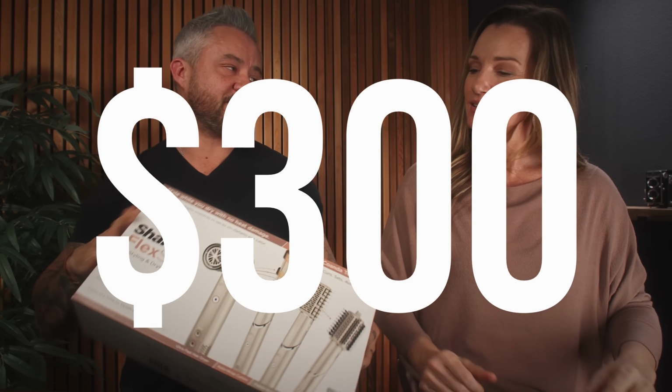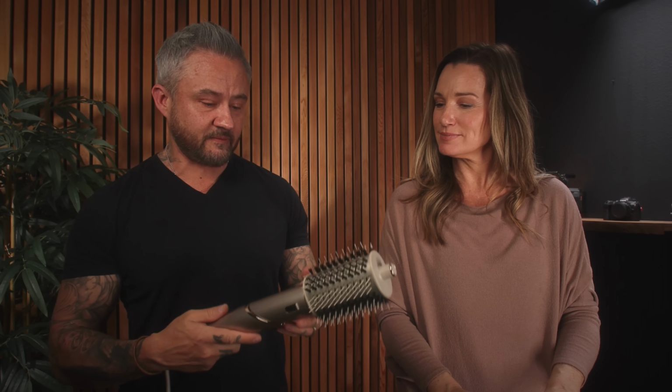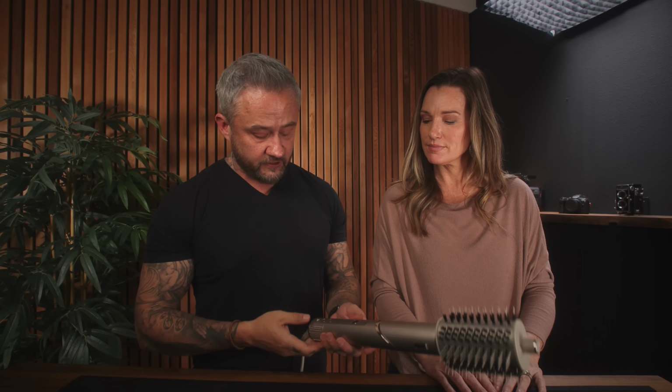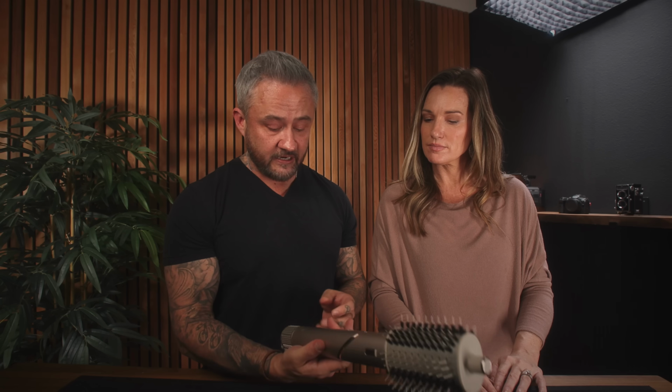Yeah. The Shark FlexStyle. I feel at $300, this better be good. It doesn't just come with the brush. It also comes with the roller, and it's a hair dryer. Yes. So that's probably where some of the cost comes into play. Already, the ergonomics seem almost a little bit awkward to me because it's so long. Pretty straightforward use, it seems like. Turn it on. You've got different heat temperatures, different airflow, cold shot, and...